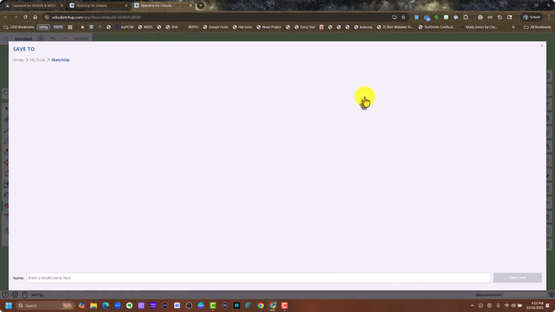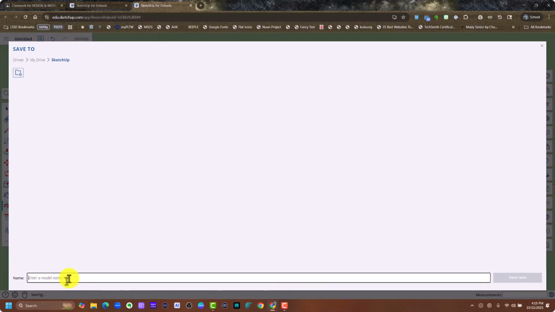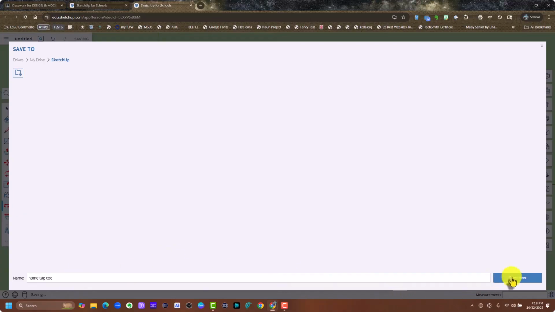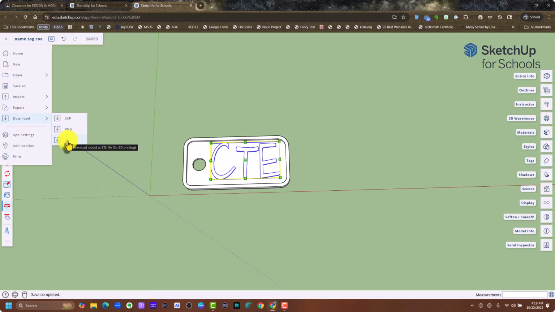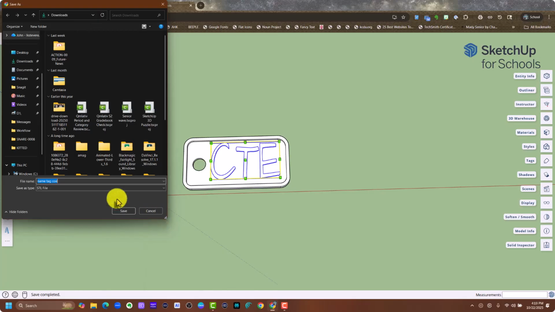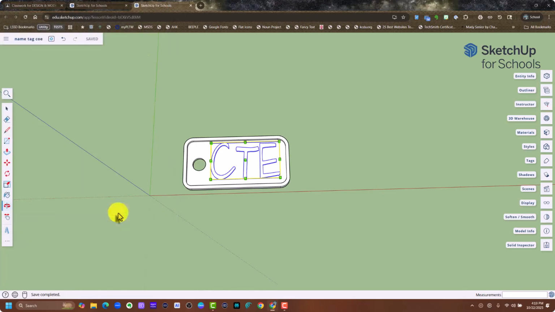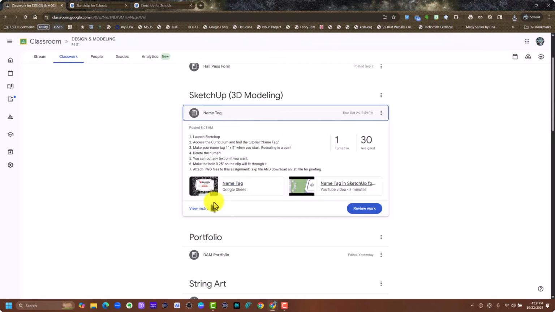I actually have a SketchUp folder made, but you don't have to. You can save it wherever you want. Okay, this is the name tag, and I might put my name on the end of it just in case. I save it. But remember, the other thing I have to do is come over here to download STL, and I need to download the STL. So mine's going to save to my downloads folder, and then when I come back to classroom,